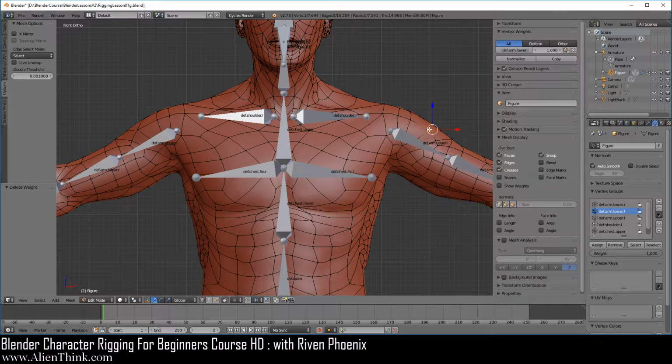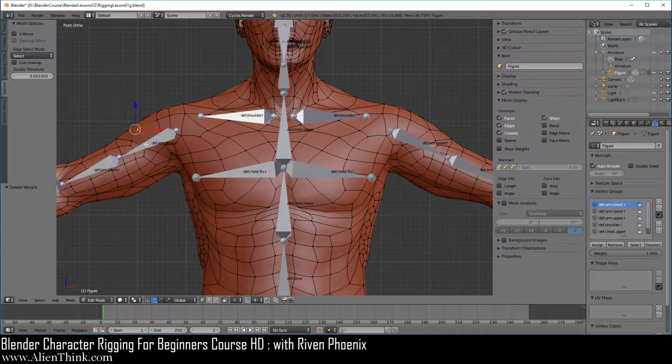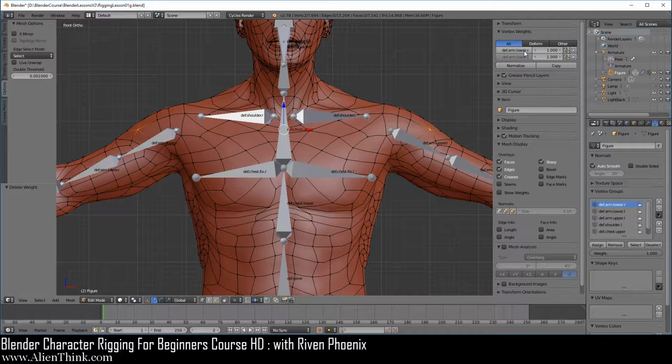Okay, so let's go ahead and go back over here. Now what I want you to see is that let's go ahead and assign this vertex group over here. So what we want to do is click on this vertex, press the shift key down, click on this vertex. So how do we move this dot R to the opposite side?